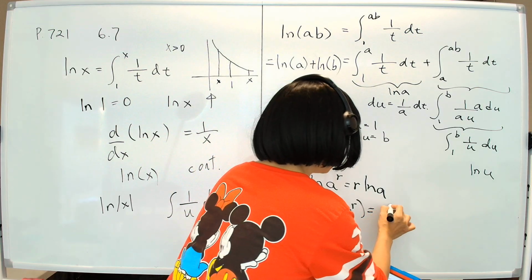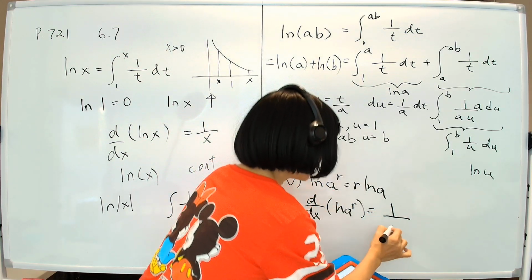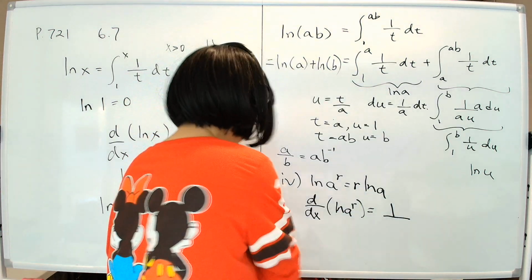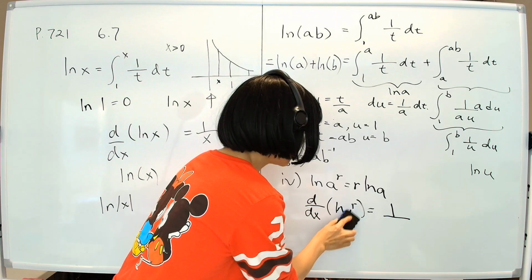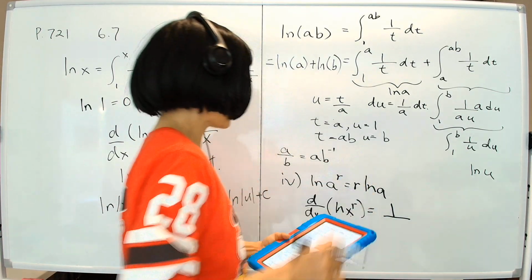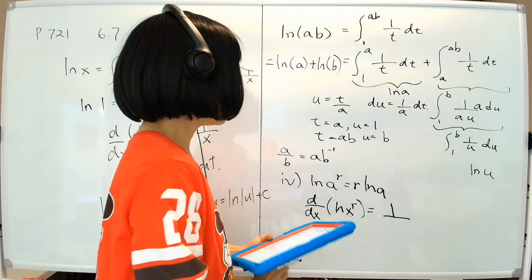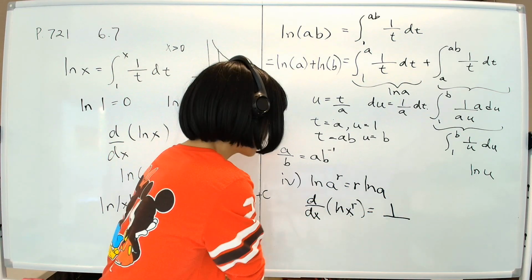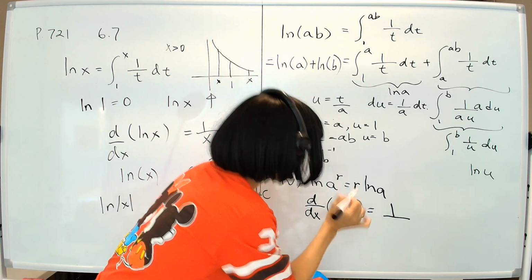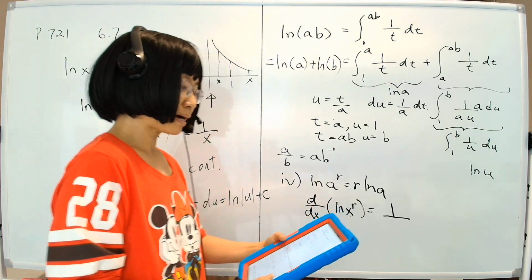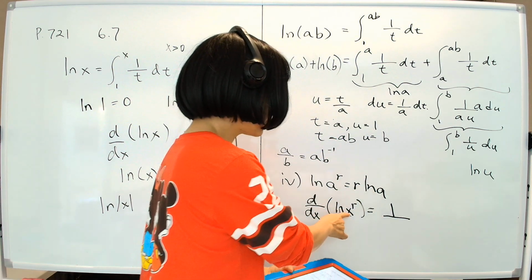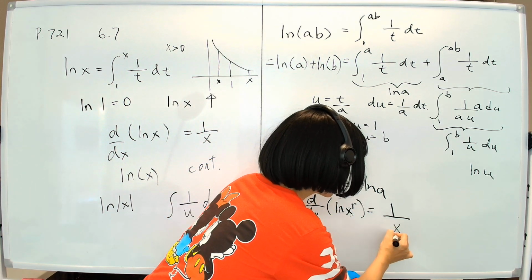Actually, your book has it written down as x, because we're taking the derivative with respect to x, so we'll do it that way to be more consistent. The derivative of natural log of x to the power r is, by this principle, equal to 1 over this object, in this case 1 over x to the power r,